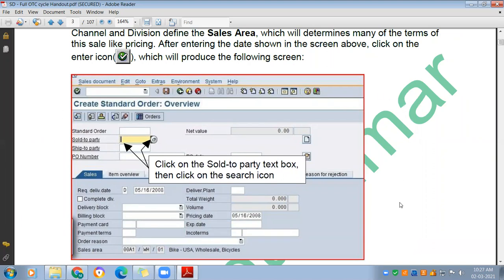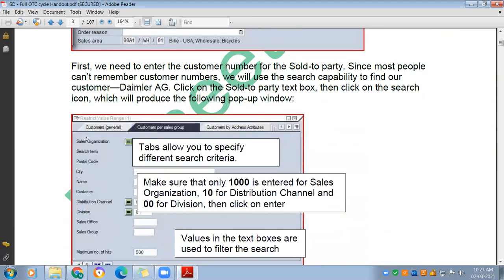So these notes are basically for both freshers as well as experienced people. If the experienced people know all those things, they can skip and go forward. But for the beginners who don't know anything about the SAP module, these notes will focus on those candidates as well, so that if they don't know the sold to party number, how can they find it and put it over here, they can click over this search icon. Then you can see several options, and you can use the search capability to find your